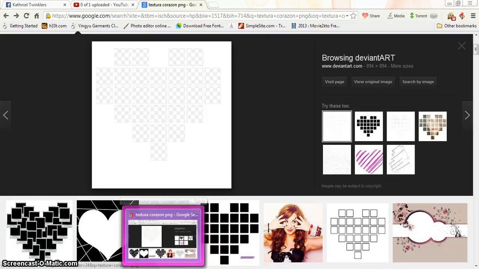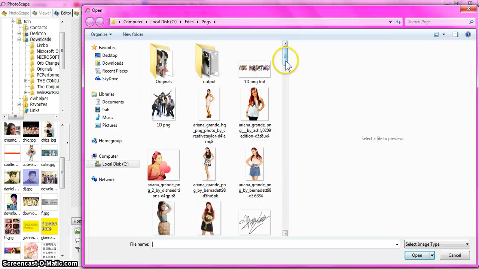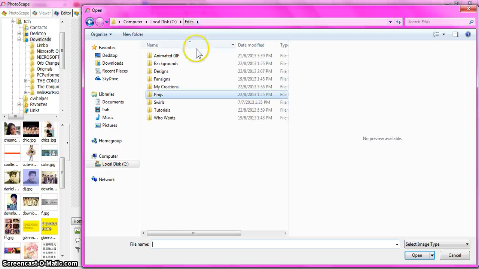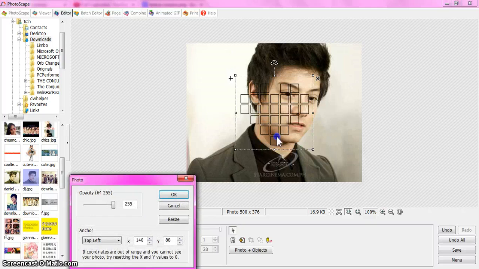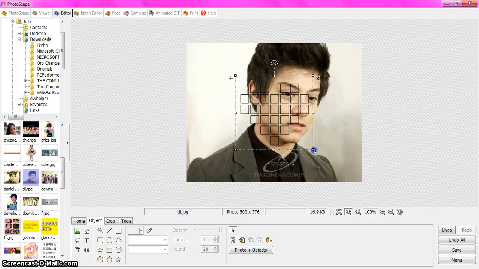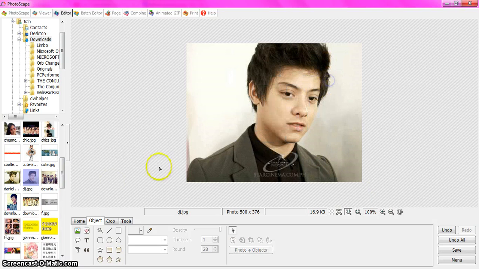Then open Photoscape again, then add that picture to DJ's picture. For me, I save it at the size. Here. Wait.